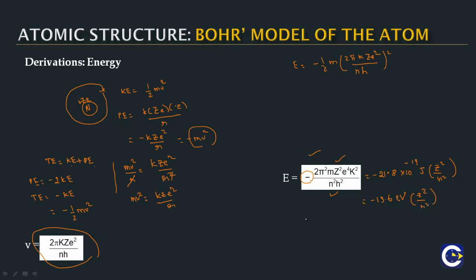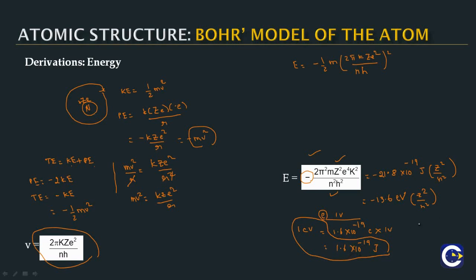So this electron volt is a small unit of energy, and 1 electron volt basically is the energy required to move one electron through a potential difference of 1 volt. So 1 electron volt will be, the charge of electron is 1.6 into 10 power minus 19 coulombs, and you are moving it through a potential of 1 volt. So the energy required to do this will be 1.6 into 10 power minus 19 joules. This is the conversion between electron volt and joules.